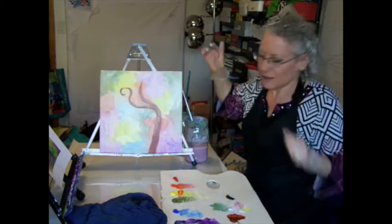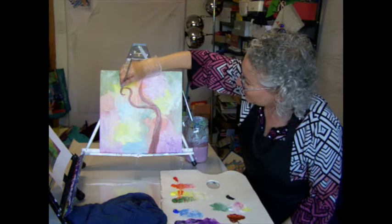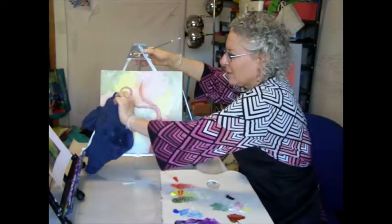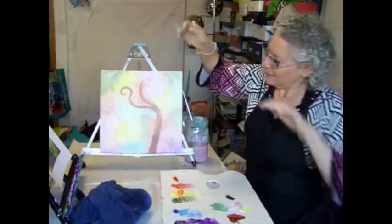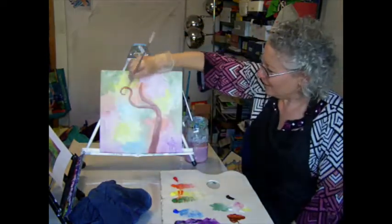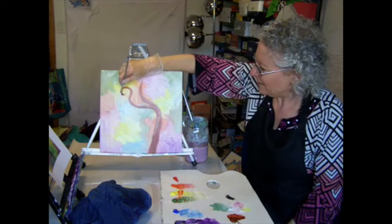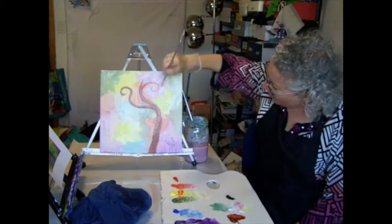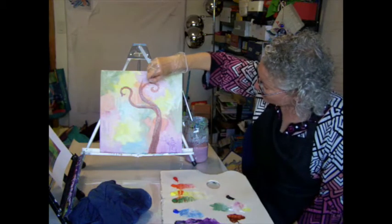But that's okay. You can finger paint, pick them up, or you could blot them with your paper. That's another way to go. Don't worry about acrylic. It's always fixable if you get little bobbles like that. But I'm just going to make a whole bunch of little twirly branches, and these are